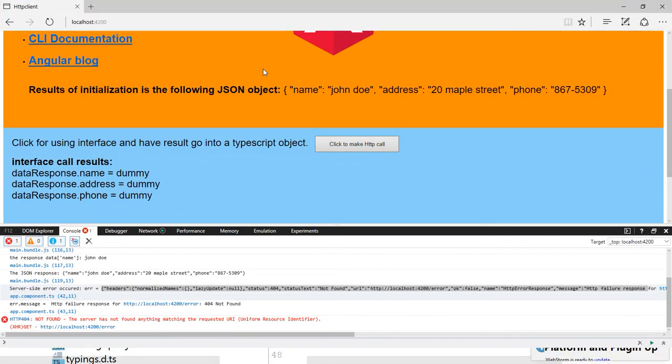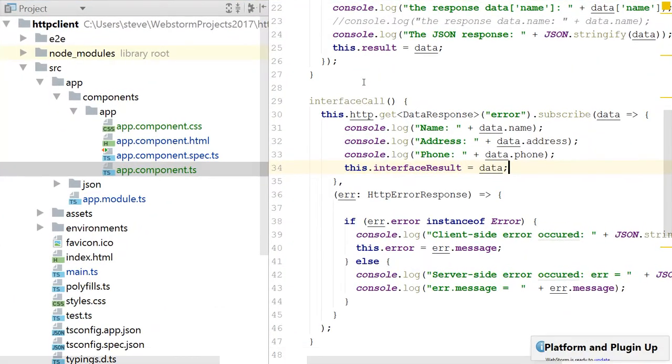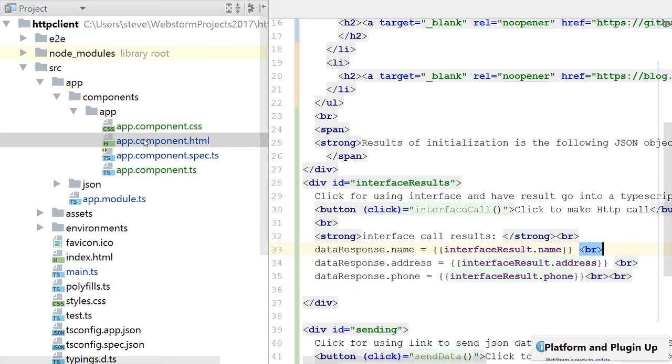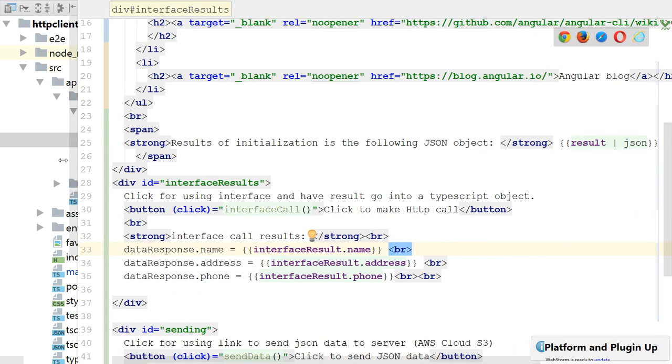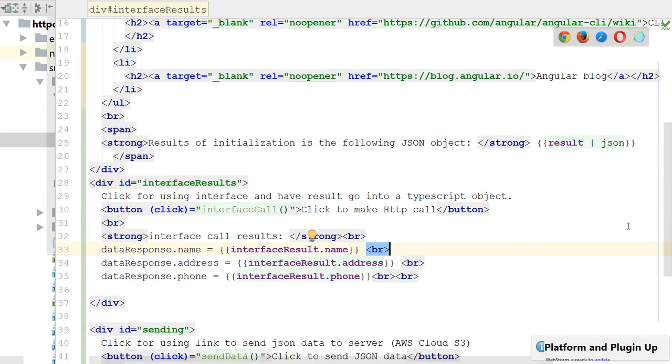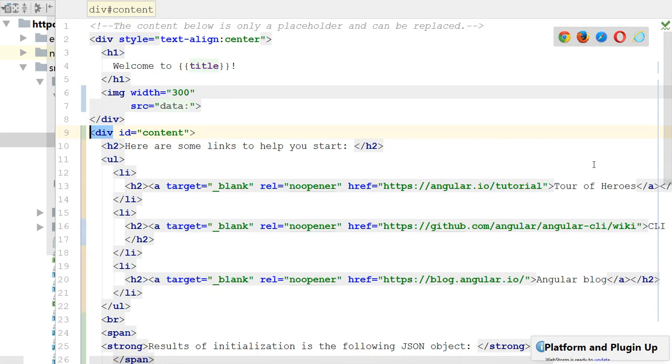Oh, did I really show you? Yeah, I guess I did show you. Did I show you the detail in the template? Let me go back and show you that. Some of the detail in the response, right? So basically on this interface, I show you the previous interface with the result piping into JSON when you don't,